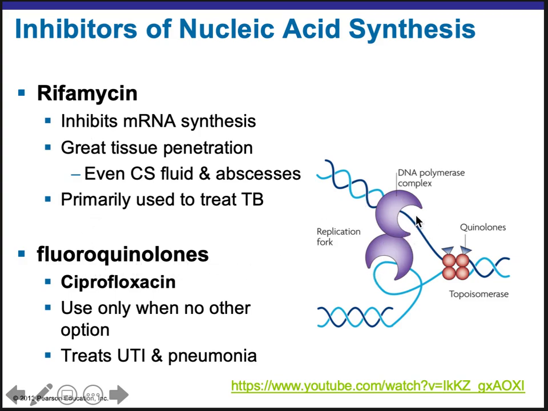It's right here. And so they're shown as being these little triangles, and they're binding to the DNA gyrase topoisomerase complex. And so it's labeled here as topoisomerase in the image. And then in your textbook, it calls it DNA gyrase. So it's actually a complex. So it's both. It's topoisomerase, DNA gyrase.